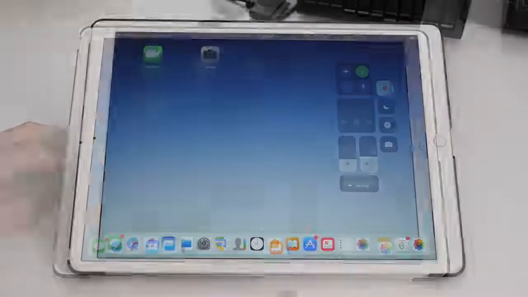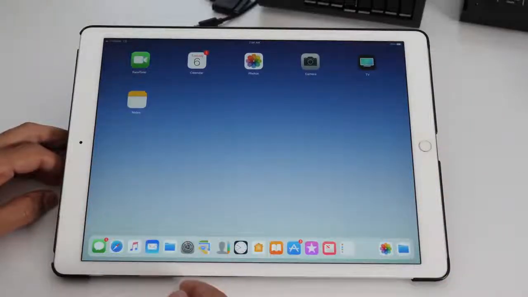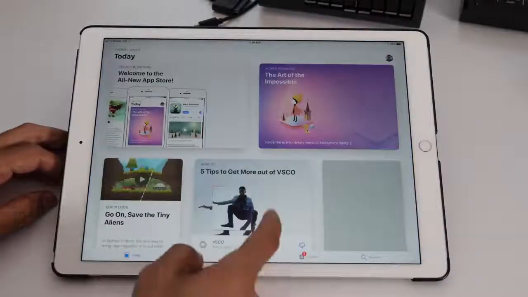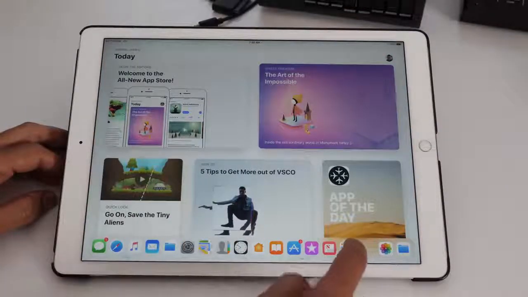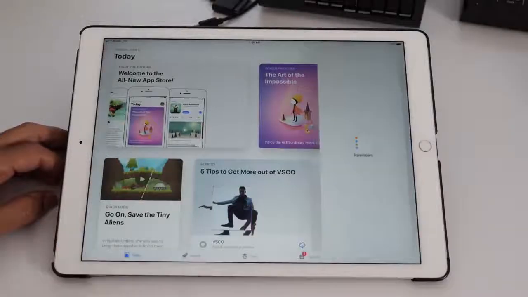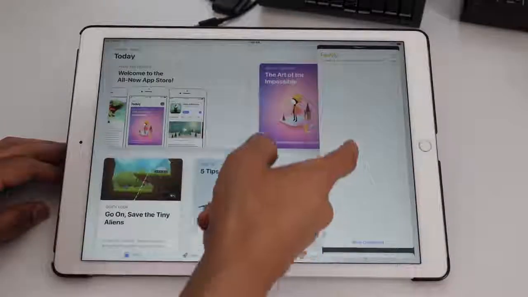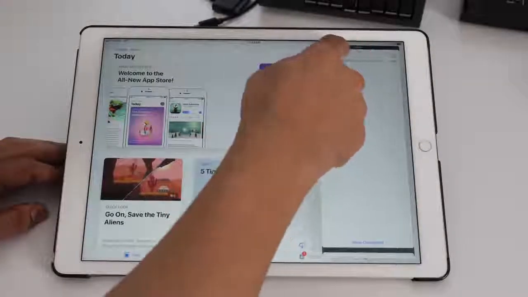Alright, now let's talk about how to multitask in iOS 11. So to do so, let's first of all open up an app. So I'm going to open up the App Store. How about that? Alright. So now that the App Store is open, just flick up to reveal the dock, and now tap and drag the app that I want to multitask with, just like that. So now I have the Reminders app sitting on top of the App Store app, and I can interact with